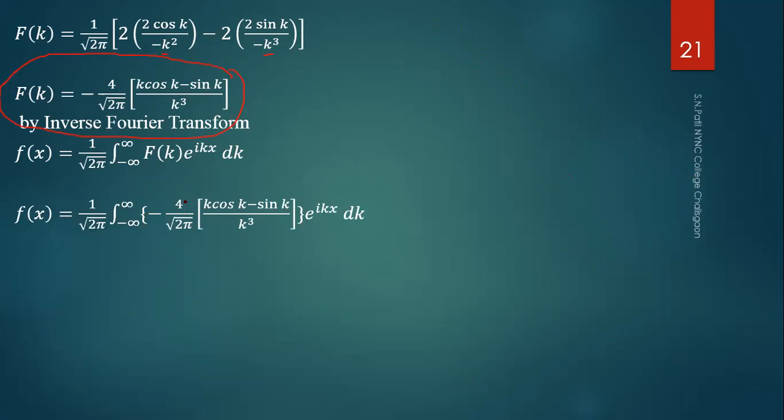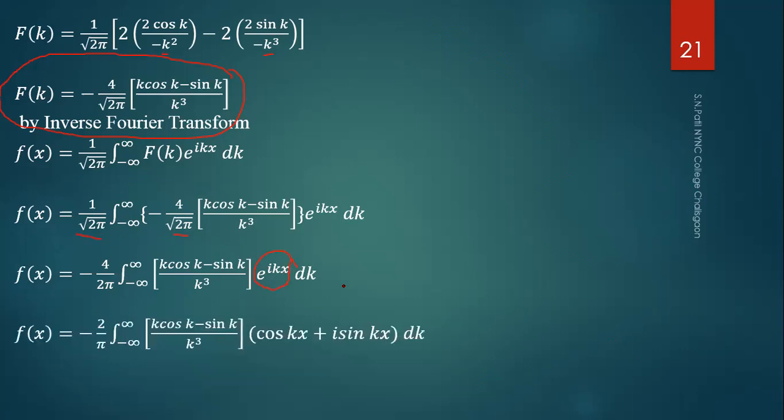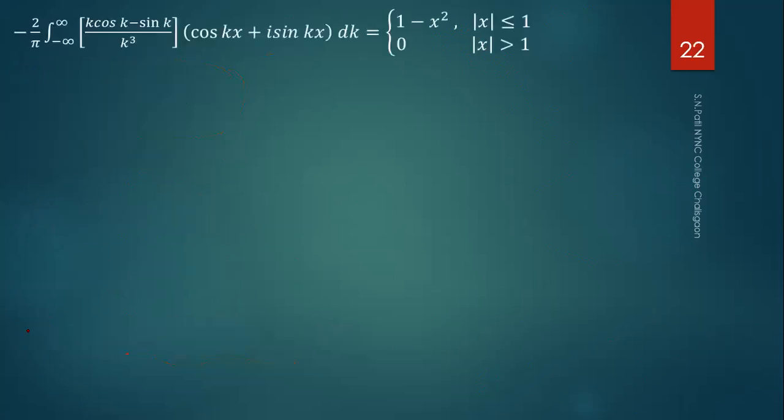Now take the constant term outside, and root 2 pi under the root function is simply 2 pi, that is minus 4 upon 2 pi. Now we write Euler's formula, e raised to iθ as cos θ plus i times sin θ. Now we want the evaluation of the integral, and the same type of integral we evaluate. We put the value of f of x, which is given. The value of f of x is 1 minus x square, and 0 otherwise. I am going to write it on the right-hand side.